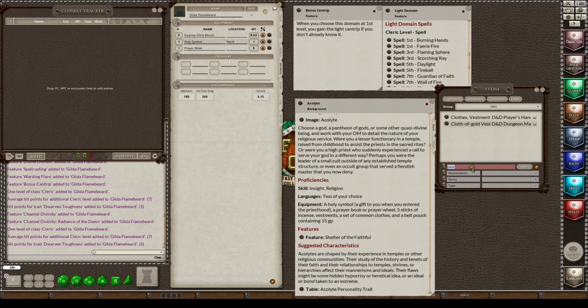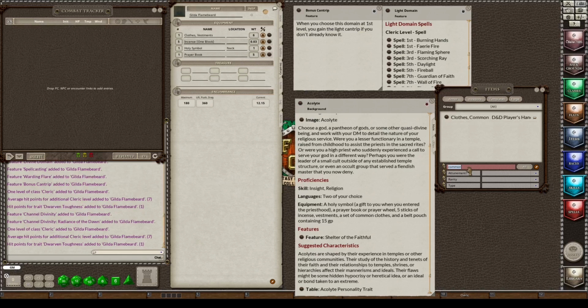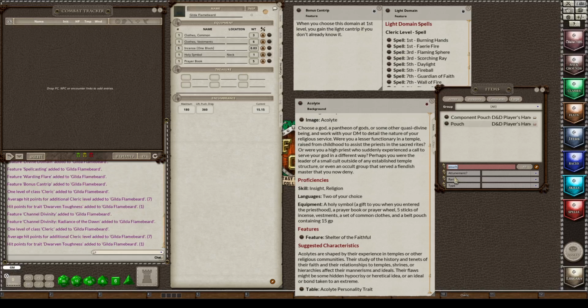And then let's move on to vestments. It says we get vestments. Let's drag that over. It says we get common clothes. Move that over. And I get a belt pouch. There's no such thing as a belt pouch, so I'm going to type pouch. I'm going to drag it over. I'm going to put the word belt in front of it.